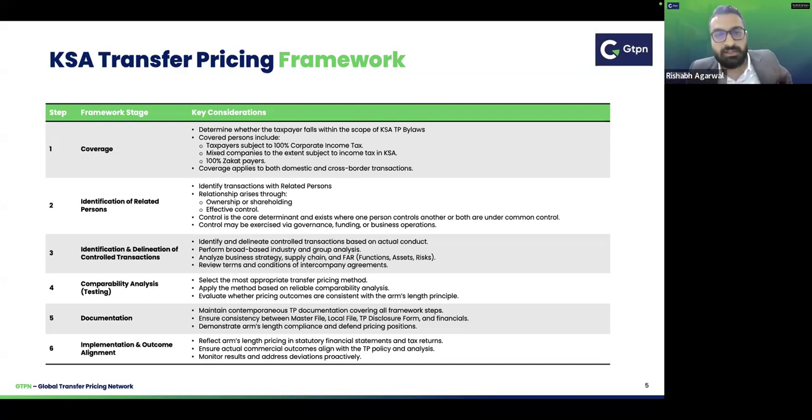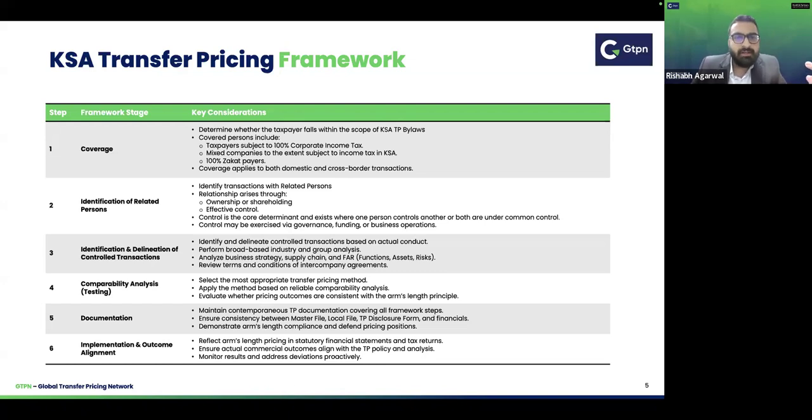So that needs to be set at the time of policy setting and post-transaction analysis as well. In terms of following the standard framework of OECD, we have selection of the methods. We'll discuss today as well what methods are available. So selection of method, if at all there are any differences between a controlled and uncontrolled transaction, you need to adjust for that as well. So all in all, saying that,